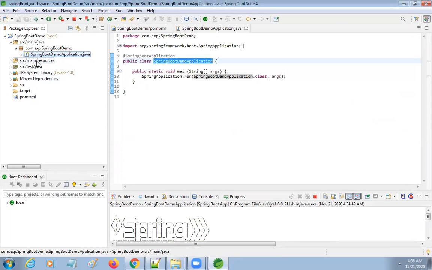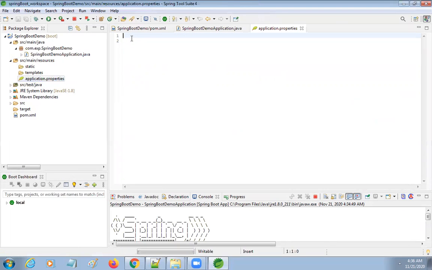If I want to provide any configurations, here you will have the application.properties file. Here you need to provide all the configurations. If you want to provide database specific things, or I want to change my server port number, then where do you need to specify? See here, server dot